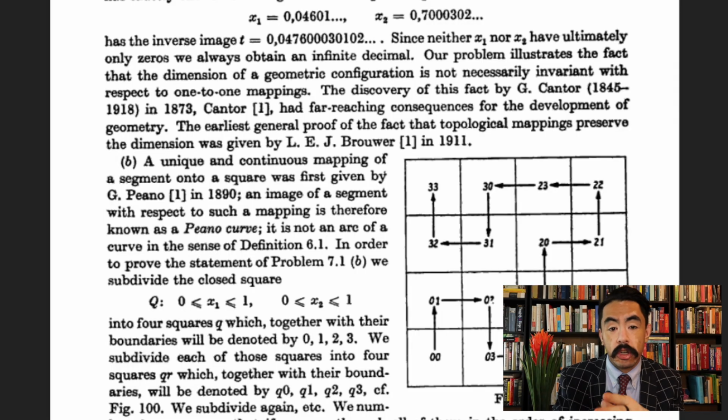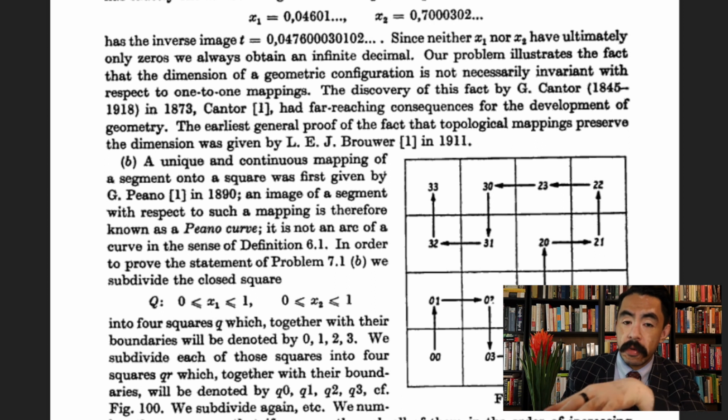So thank you for pointing out that I skipped that. I also then continued to skip the answer to the second part of the problem, which involved looking at mappings that are unique and continuous. And for this one, it introduces space-filling curves, which I'm not going to read the solution for, for the sake of getting to the chapter 4 stuff that I'm going to read today. But basically it calls these space-filling curves piano curves, which actually are known better as Hilbert